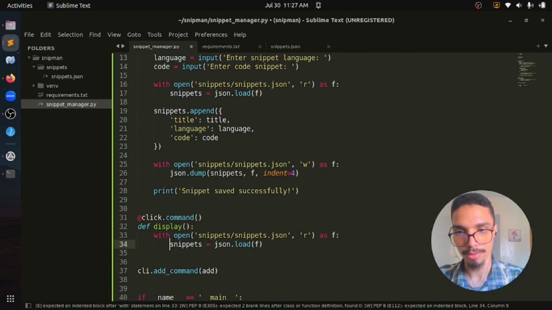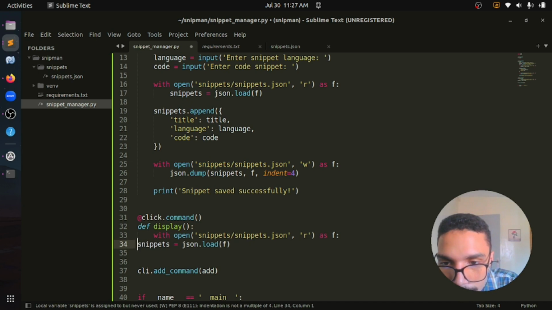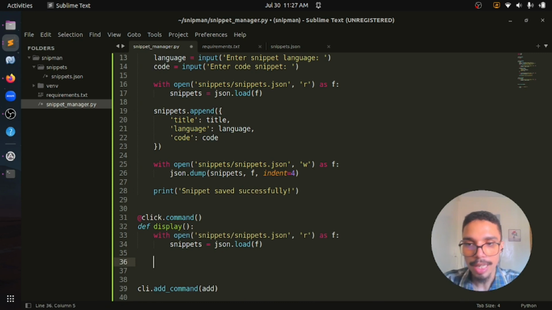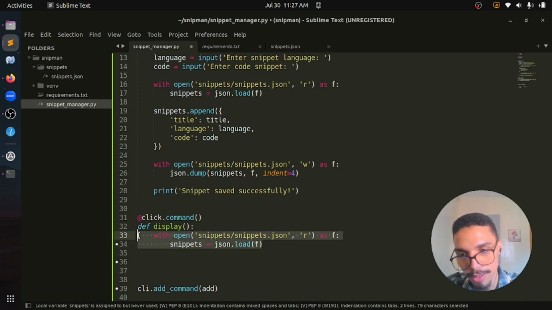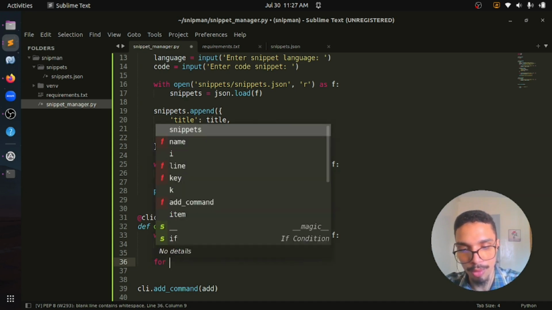So anyway, okay, this is for opening the snippet. So we will use the same thing, and then we will loop through it and print each snippet in our terminal. So to do that, let's just say for snippet,